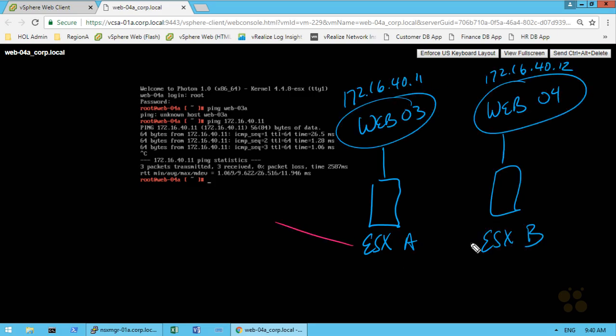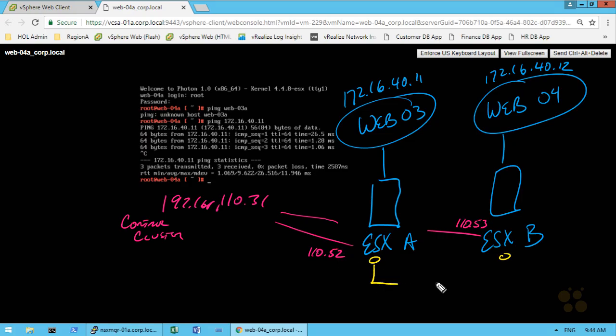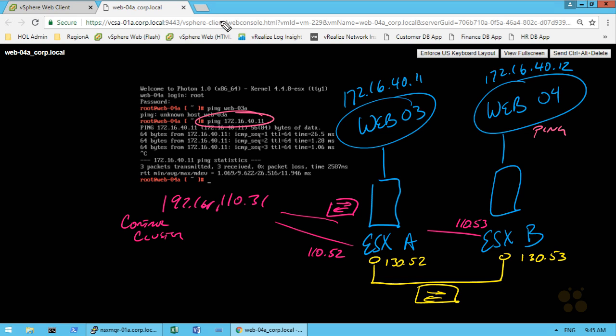We've seen that ESX A and B, as we're referring to them now, are connected to the control cluster node of 192.168.110.31 from their IP addresses of 110.52 and 53, but that they have tunnel endpoints that are able to connect to each other on the physical network at the IP addresses of 130.52 and 130.53. So when Web4 started that ping that we see right here, we had a reference to the IP address